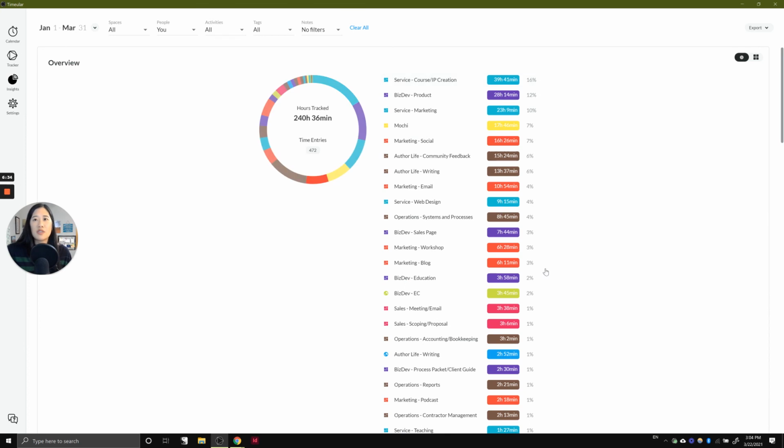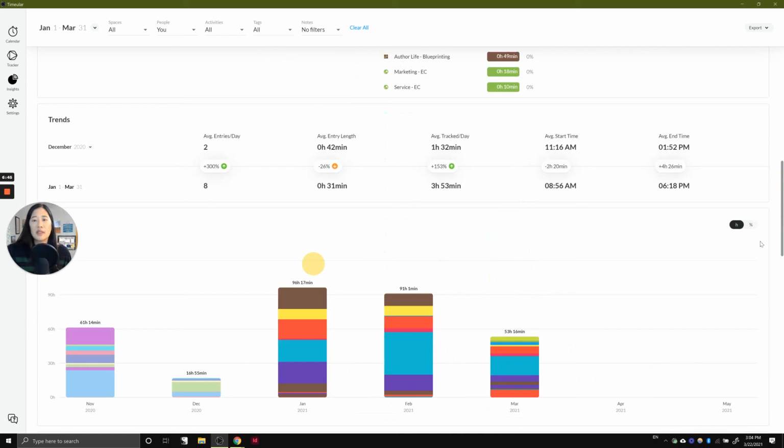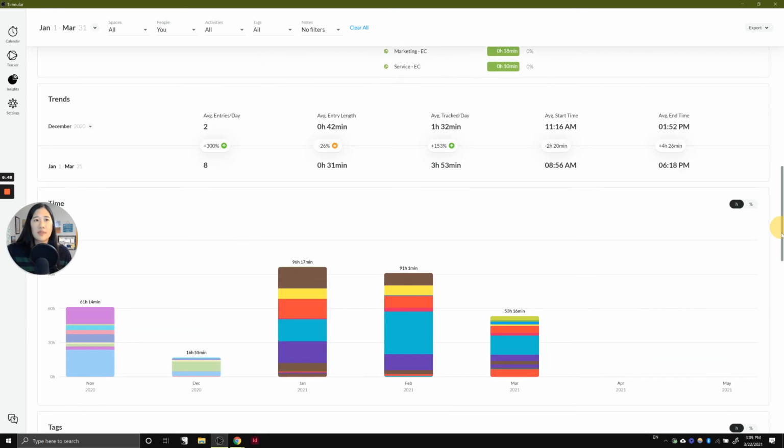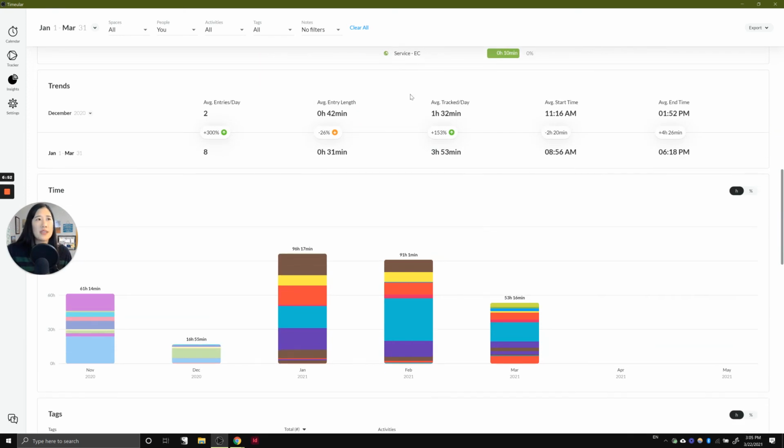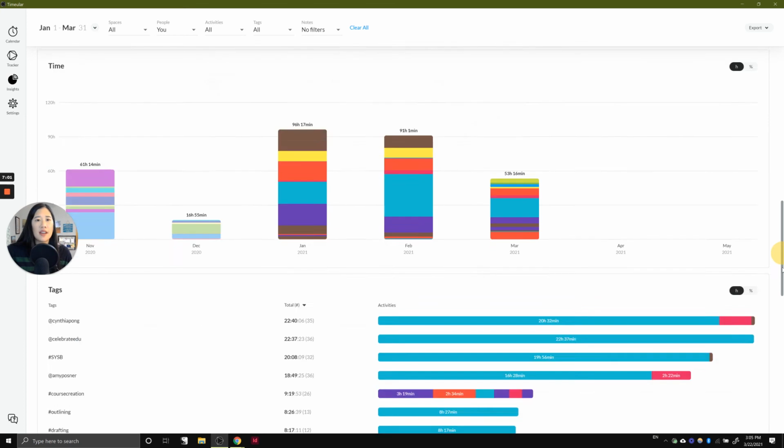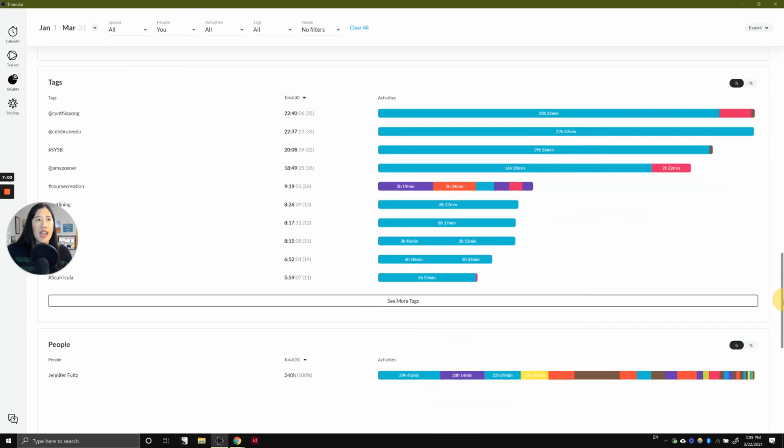This part here is sorted in order of size. So the activities that you spend the most time on will be at the top, and the activities you spend the least time on will be at the bottom. This is the pro version. So the basic app will not have the trends, I think, or this time graph. But what they will have is a list of the tags. So what I can do,